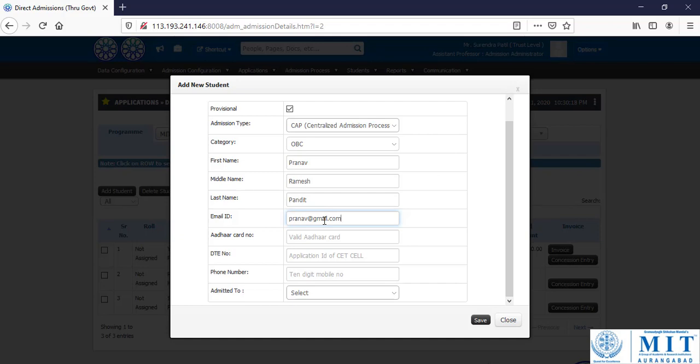This email ID will become the username of that student for login into the ERP system. So this must be a working email ID of the student. If any student does not have a working email ID, then we need to create the email ID first and then type that email address here.